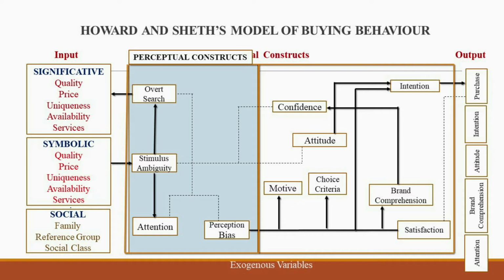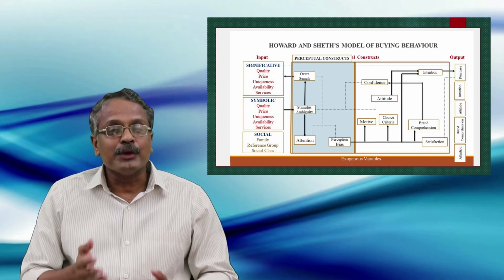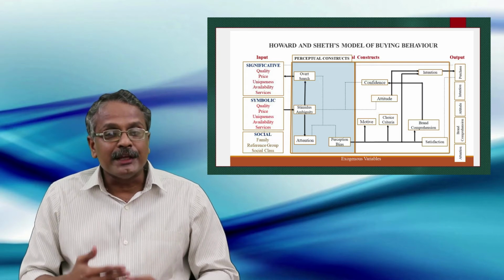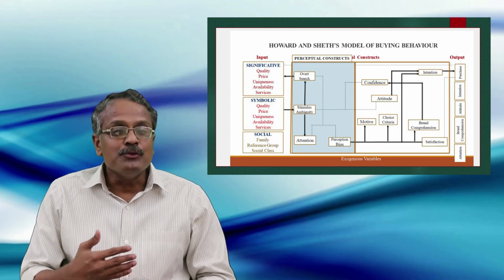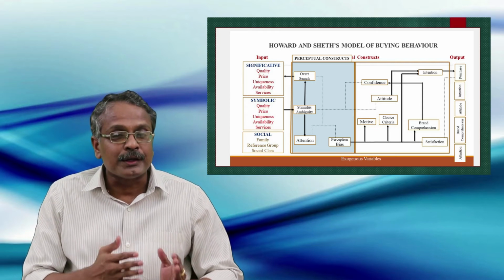In the model, the perception formed is mentioned as perceptual bias. It means that while processing the information received from various sources, there is every possibility to reach a biased conclusion, a biased perception. The consumer is a human being, and therefore he may have his own tastes and preferences. While processing the information, these tastes and preferences of the consumer influence the mind to get into a conclusion favorable to his own interests.